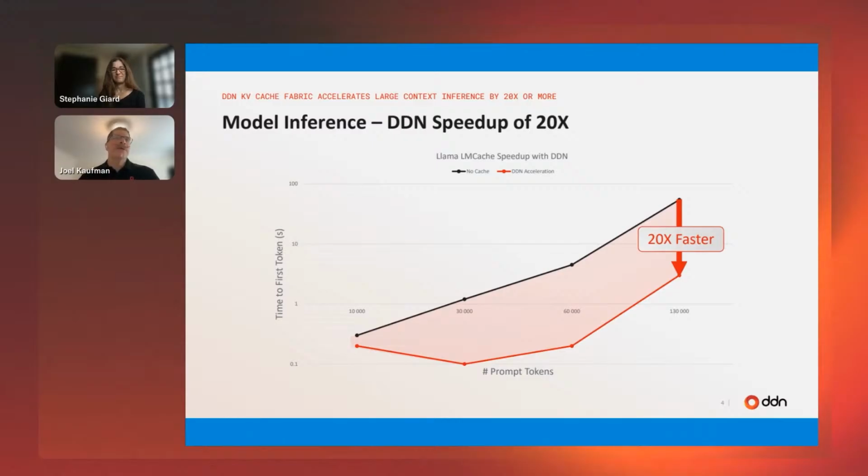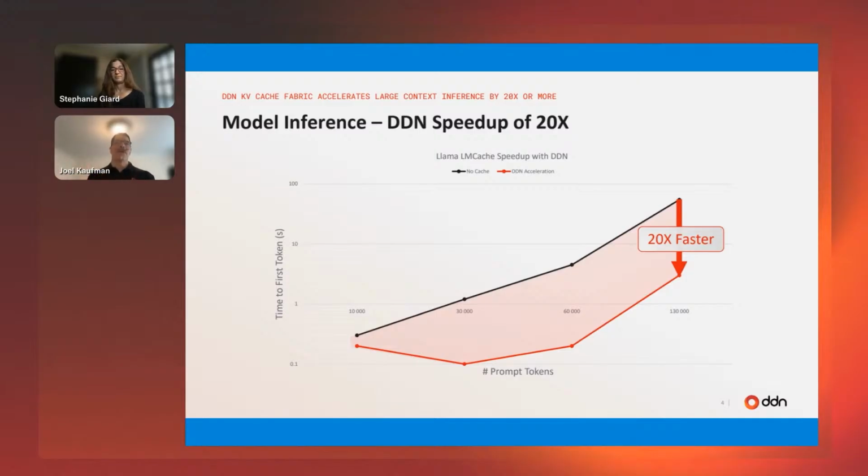We have a fairly large customer, and they're using a Llama model as their core model for doing inference work. As they continue to do more and more work and add agents, what we found is that the difference between them not using KV Cache versus using KV Cache was approximately a 20x speedup